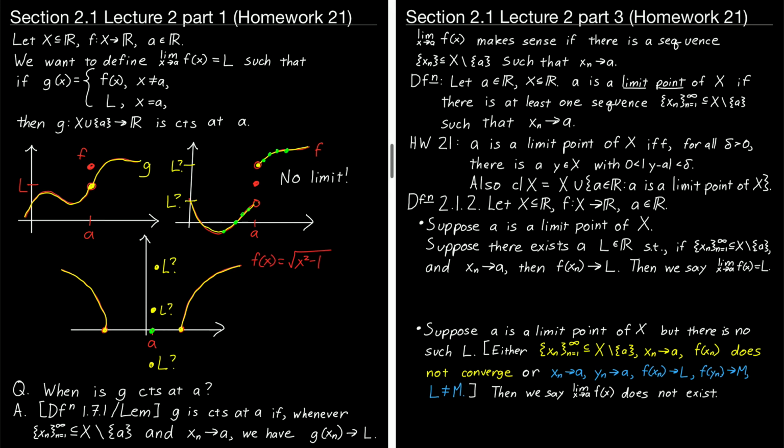So limit points are really the points where limits are interesting. That's why we call them limit points instead of something else. But remember, limit points aren't all the points in the universe. There's two other kinds of points. So let's suppose A is in X, but is not a limit point